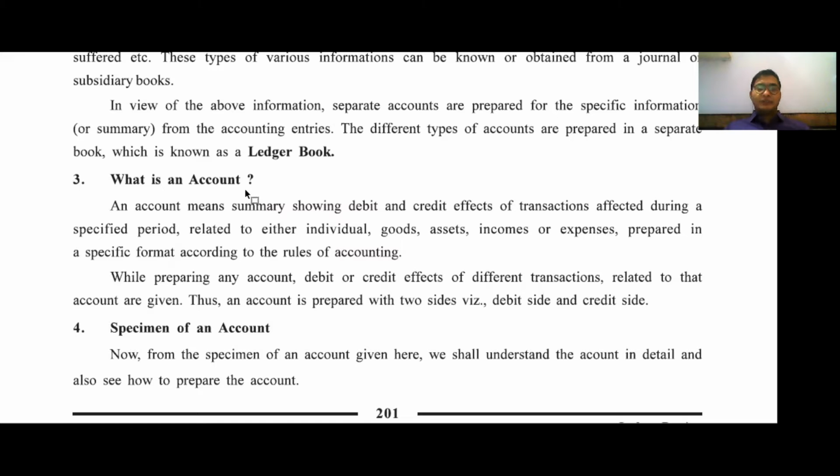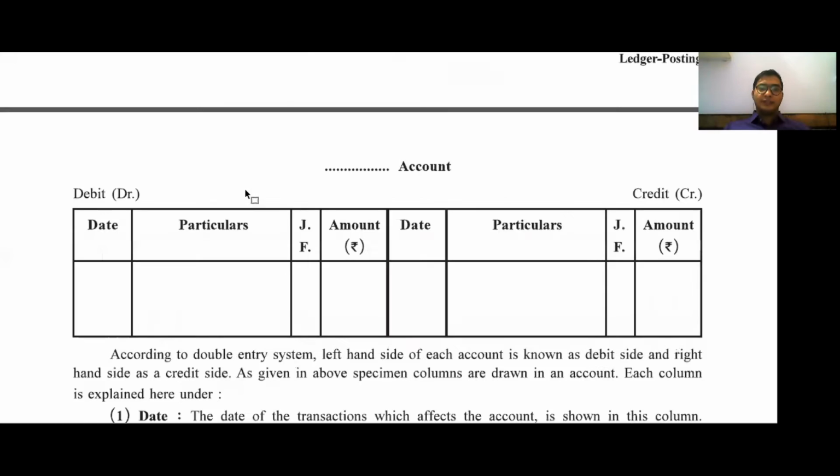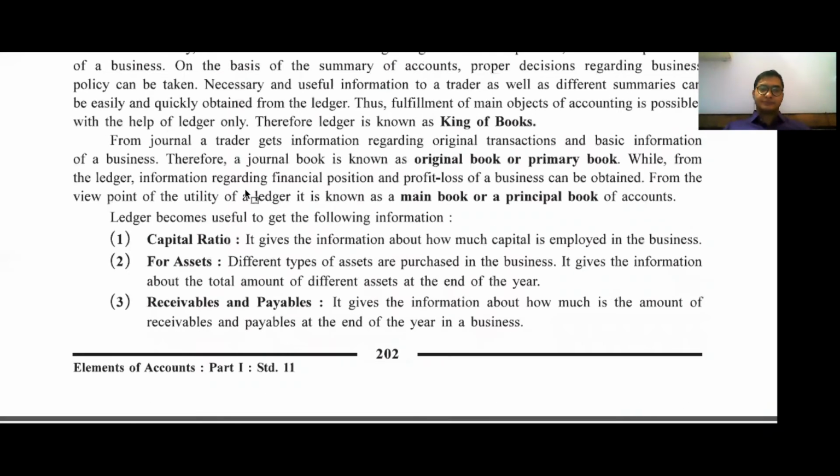This means the account that we prepare according to the rules of accounting is related to any person, any expense, any income, profit, loss, assets, liabilities, etc. All kinds of items related to economic transactions are covered here. Okay. Then after